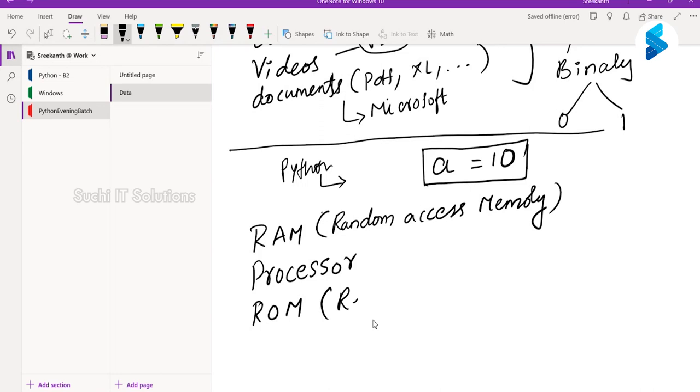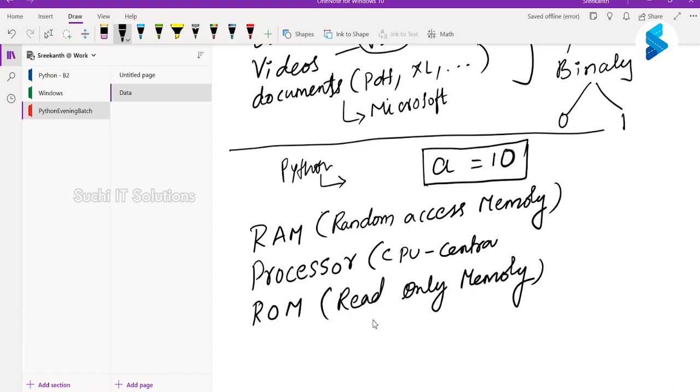ROM is Read Only Memory. And the processor is the CPU, your central processing unit. Those are the three things I told you about in yesterday's class.